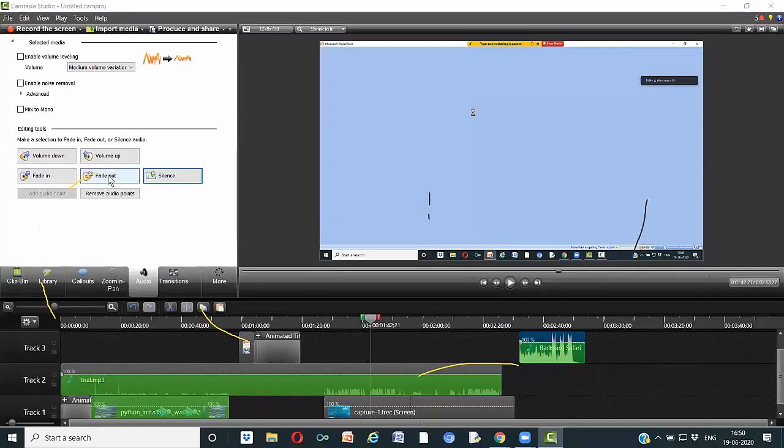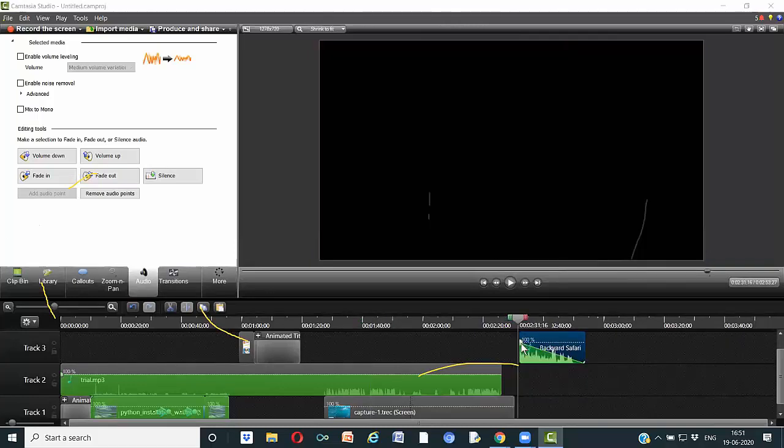This is what you can do with fade out. So I can drag this point to this. So the sound volume will be more at this particular point, and by the time it reaches the end, the sound will be 0. You can do such kind of thing in Camtasia also. Excellent, sir. Thank you, sir.